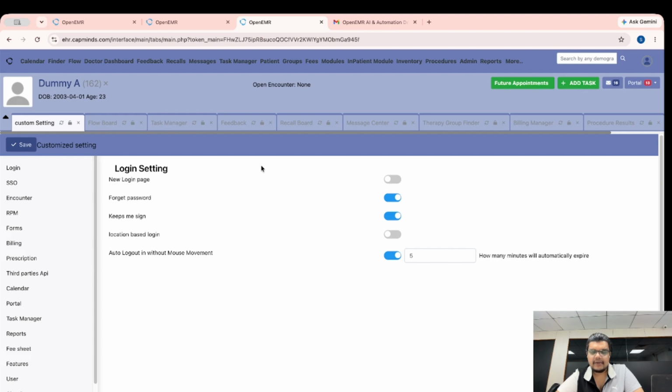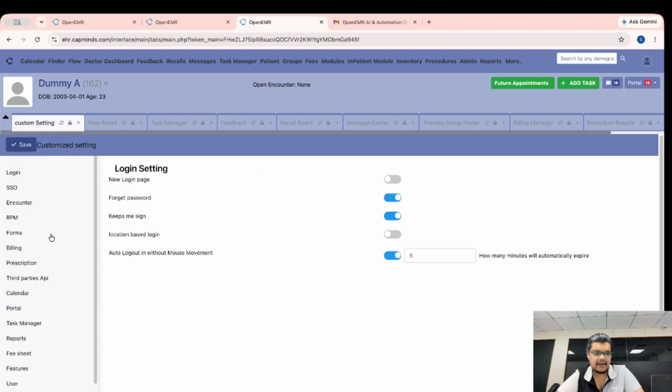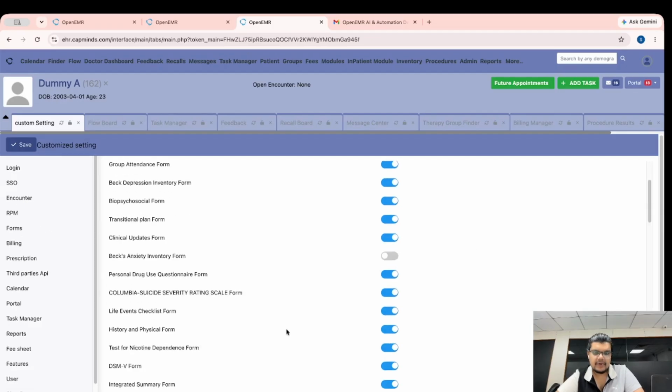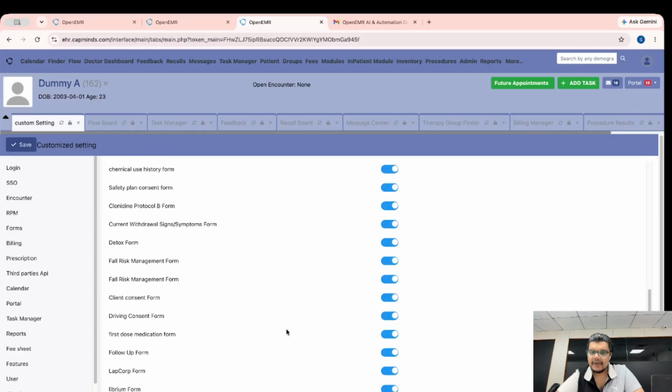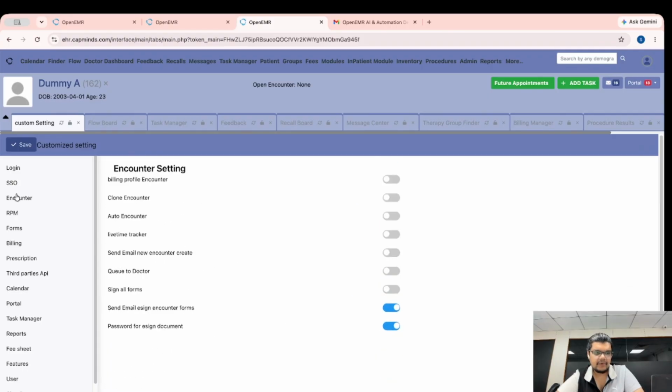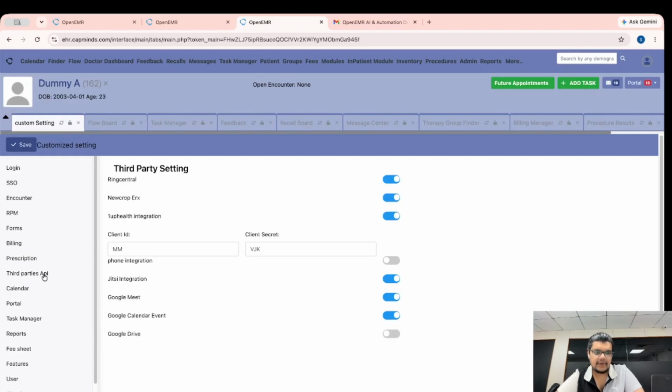In this module, you can enable or disable it. So you can see for each particular category what customizations we have done. For example, if you want to enable or disable a form, you can just come in here and enable or disable it. If you want to make some changes on the encounter customizations we have done,